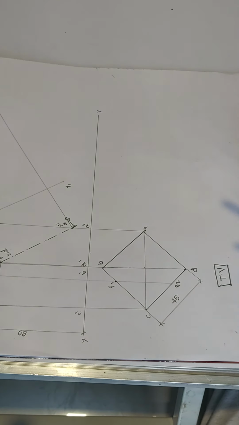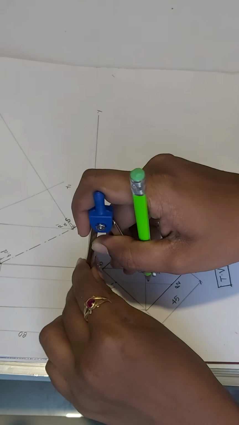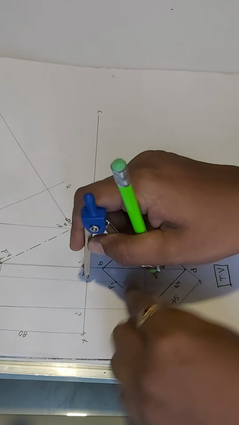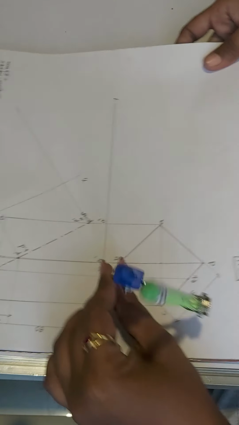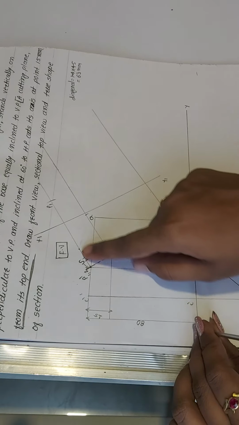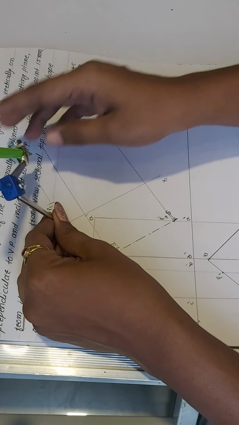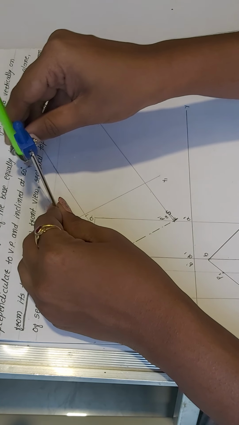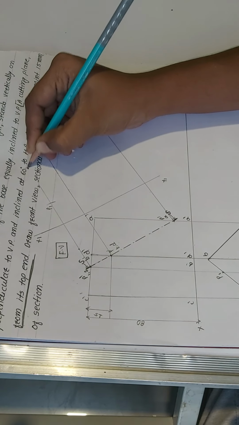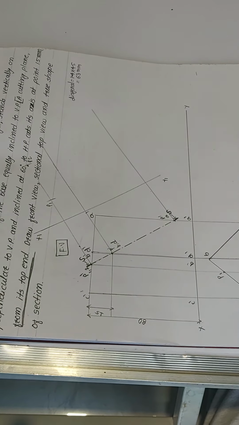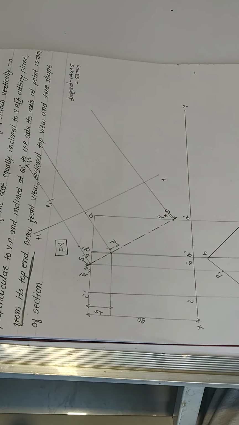Similarly, I am going to take the distance of point P2. So I am putting my chalk on the xy axis, taking the distance of the P2 point. Then this point of P2 is going to intersect with x1 y1 here, and cut that particular line. So I will get the P2 point here. I am going to extend that particular line. So here is my P2.